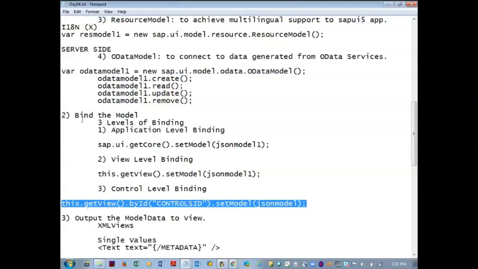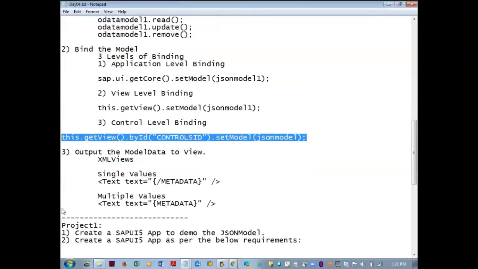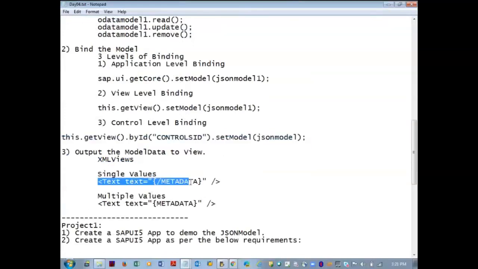So we'll make use of the other two also eventually, when I explain further topics. Output the model data to view. Single values, we saw with single values yesterday. Now we are going to have multiple values. We'll make use of the table control to see the data.